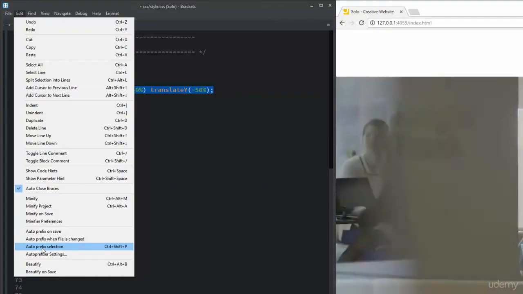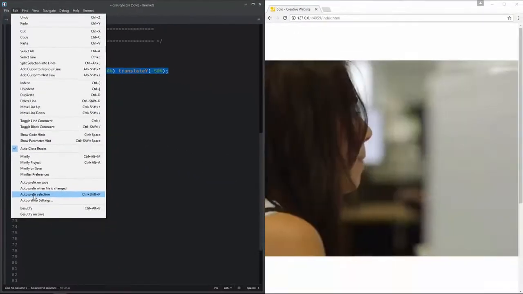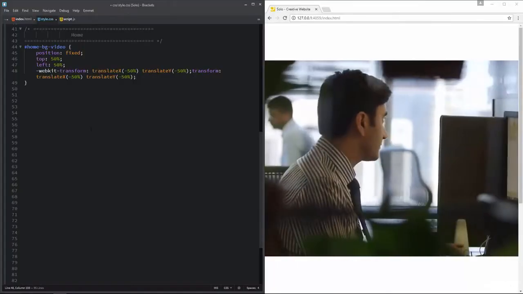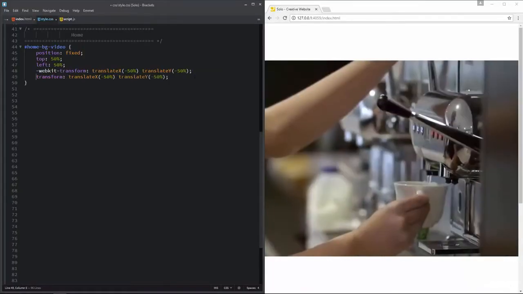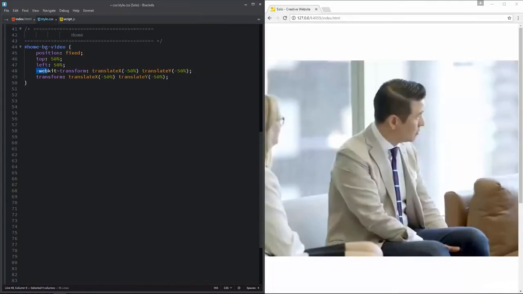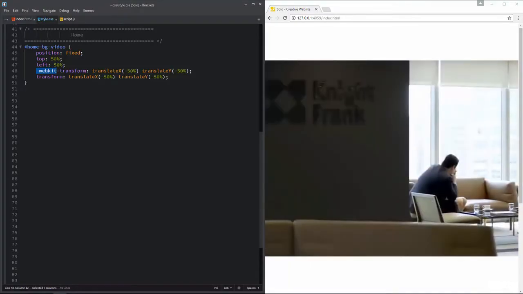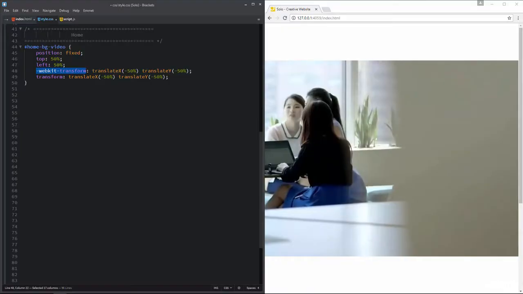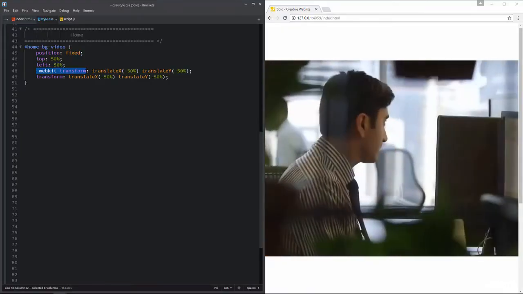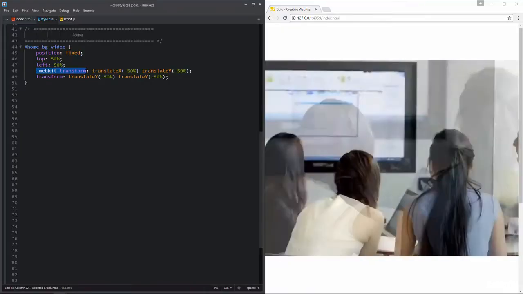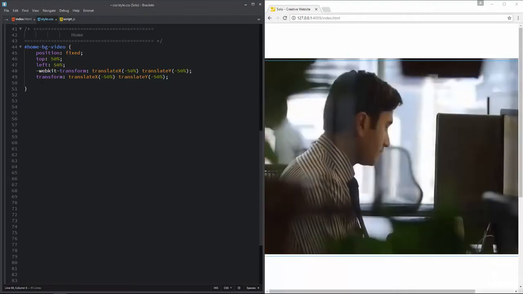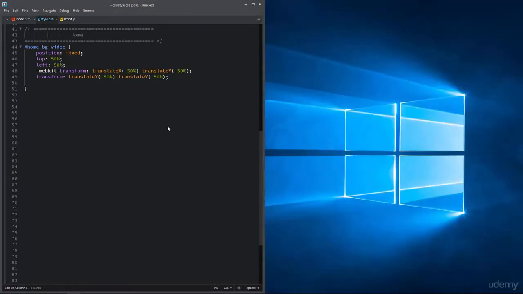I'm going to select this auto prefix selection, and it is going to add the browser vendor prefix for me. You can see that it just added the WebKit vendor prefix for me. This prefix is going to make sure that this transform property will work perfectly on all the WebKit based browsers. Okay, I will move forward.